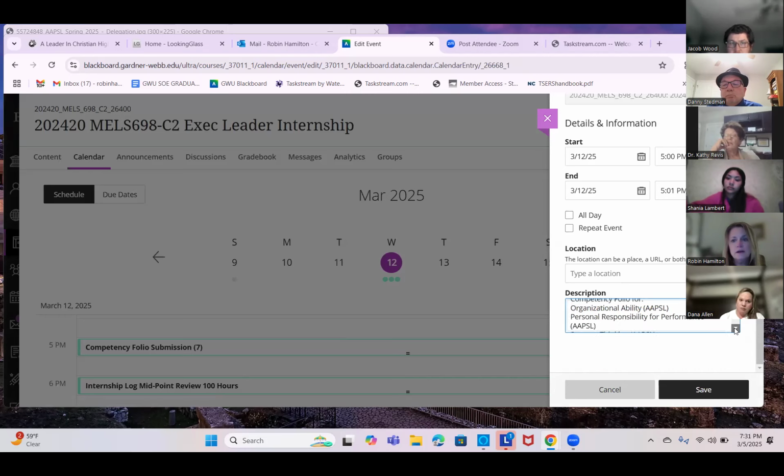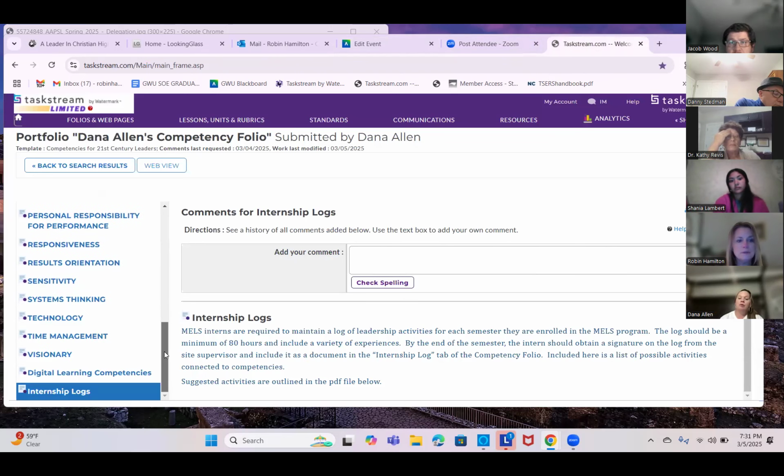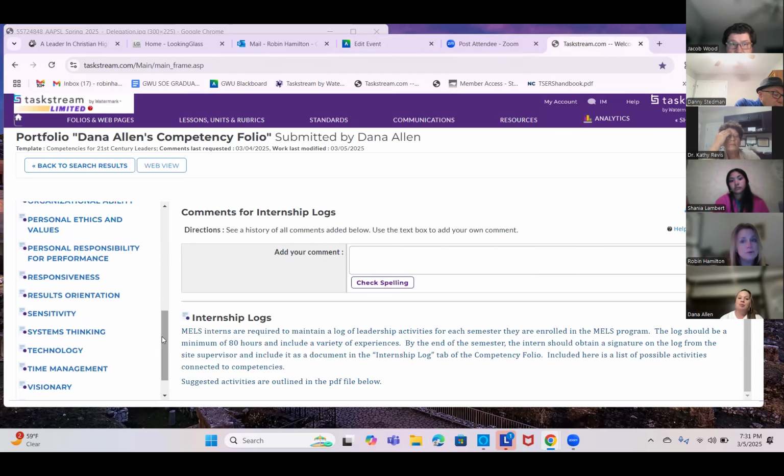are organizational ability, personal responsibility for performance, systems thinking, time management, customer focus, personal ethics and value, and results orientation. And please note that, for example, in results orientation, you've been labeling everything AAPSL, and I have put that on there for you so you would know.